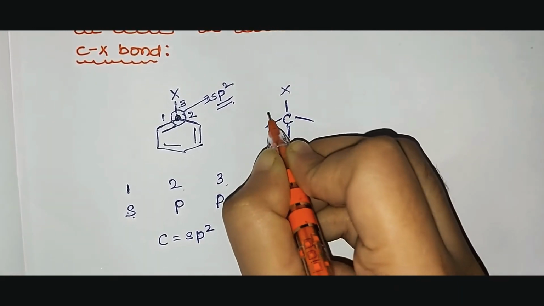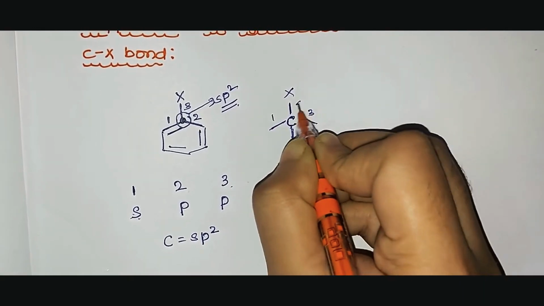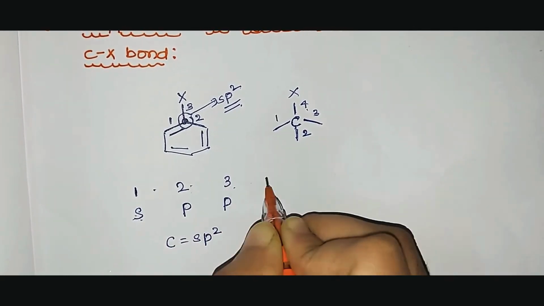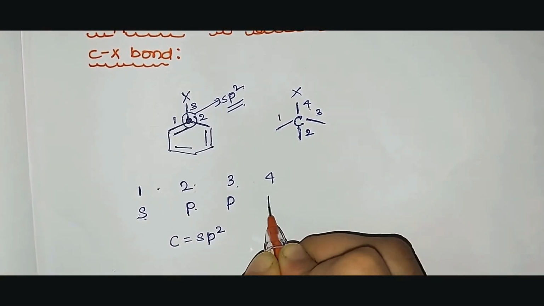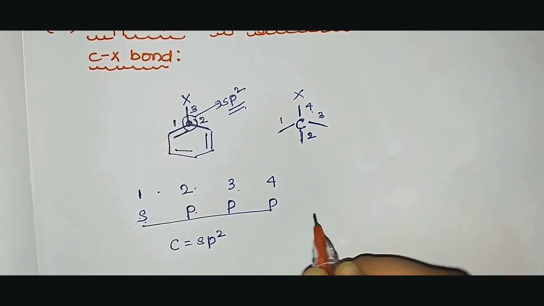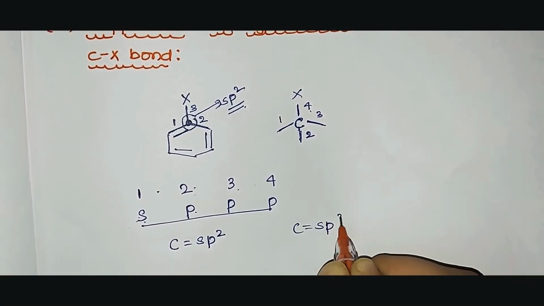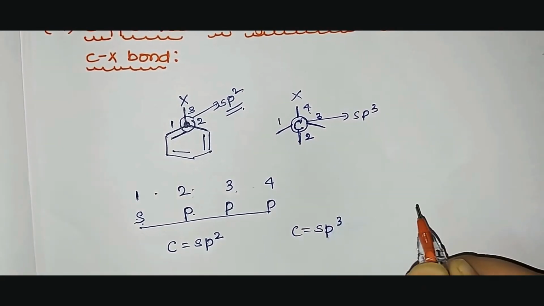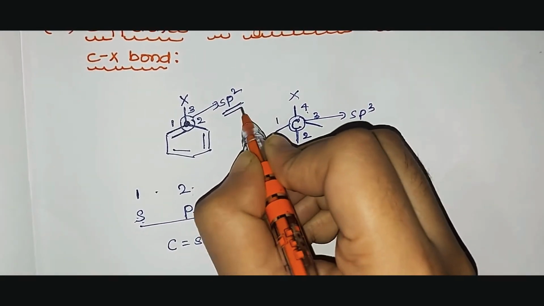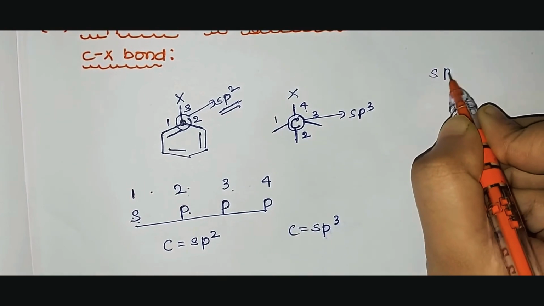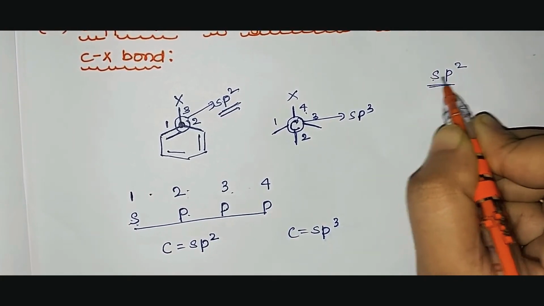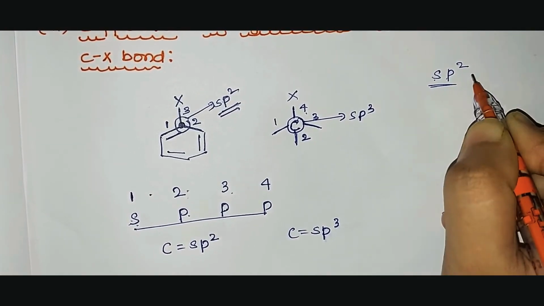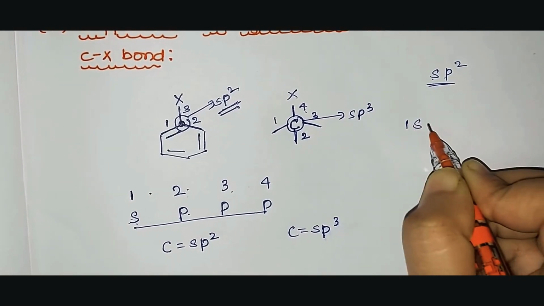Similarly, we'll see the hybridization of the carbon in alkyl halide. In alkyl halide, the carbon is bonded on how many sides? 4 sides. So already 1 s, and p can be taken 3 times, so it becomes sp3 hybridization. So carbon is undergoing sp3 hybridization in case of alkyl halide. So why do we require this hybridization? We need to know the electronegativity. The greater the s character, the greater the electronegativity.